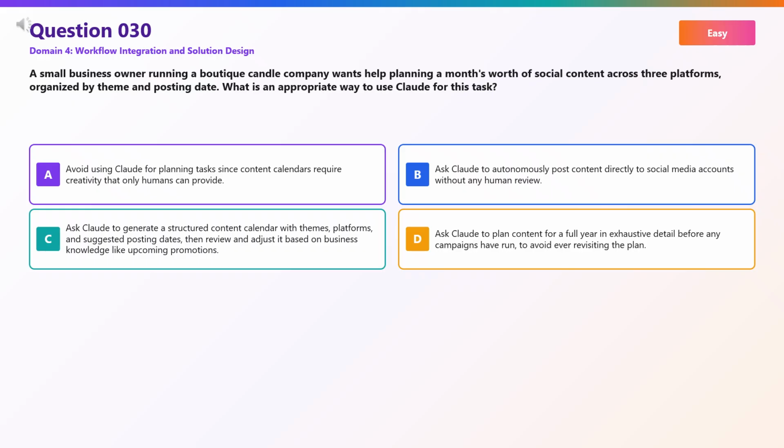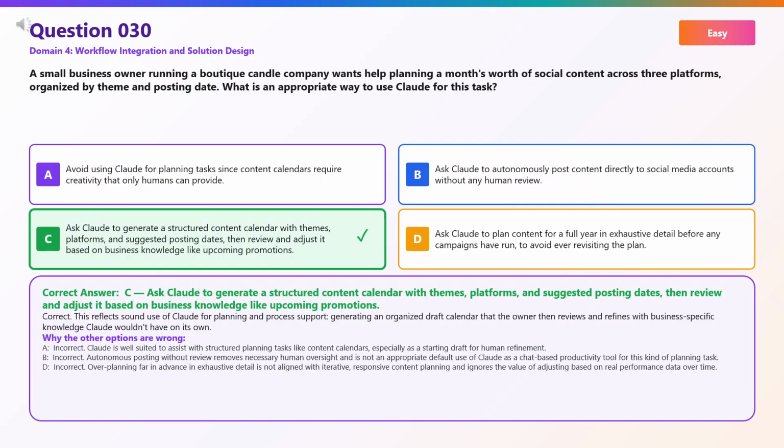This reflects sound use of Claude for planning and process support, generating an organized draft calendar that the owner then reviews and refines with business-specific knowledge Claude wouldn't have on its own. Now, why the other options are wrong? A. Avoid using Claude for planning tasks, since content calendars require creativity that only humans can provide, is incorrect. Claude is well suited to assist with structured planning tasks like content calendars, especially as a starting draft for human